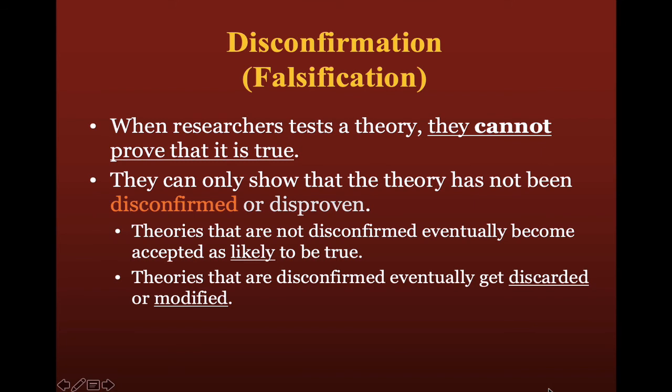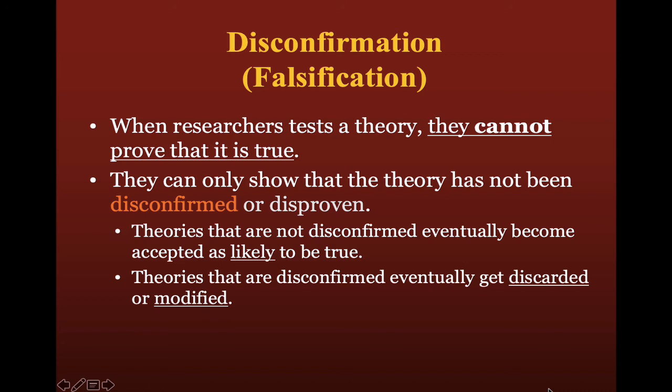So that gets us to this idea of disconfirmation, often called falsification. When researchers try to test a theory, they can never prove that it's true. So whenever you are writing a paper, never say the data proves my theory or proves my hypothesis. Just say that the data either supports or doesn't support the hypothesis, because you can't make any firm conclusions based upon one study. So the data can't prove a theory to be true,